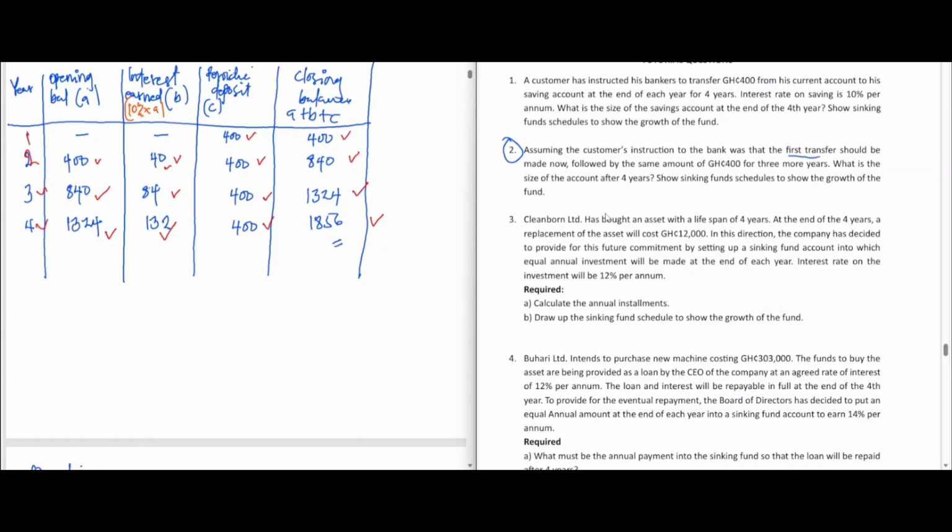So the instruction is that the first transfer should be made now, followed by the same amount of 400 Ghana cedis for 3 more years. What is the size of the account after 4 years? Show a sinking fund schedule to show the growth of the fund. So this one means that the deposit is done at the beginning of each year, right? So we are using a sinking fund schedule to show the growth of the fund at the end of the 4th